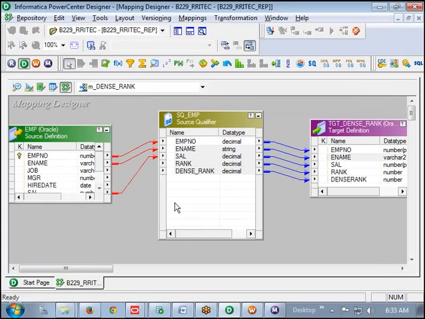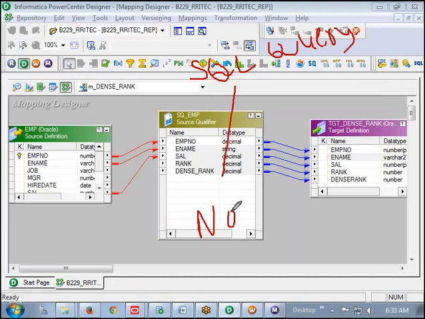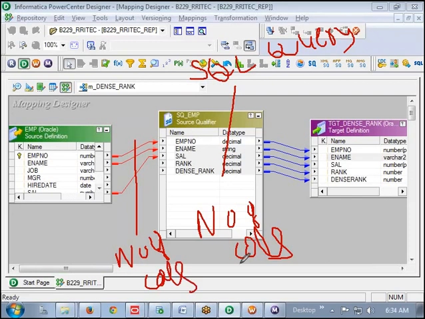3. Remember one point, in case of SQL override, the SQL query number of columns, and source to source qualifier number of columns, and source qualifier to target number of columns, must be what?